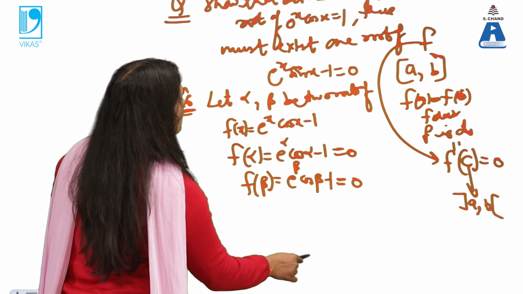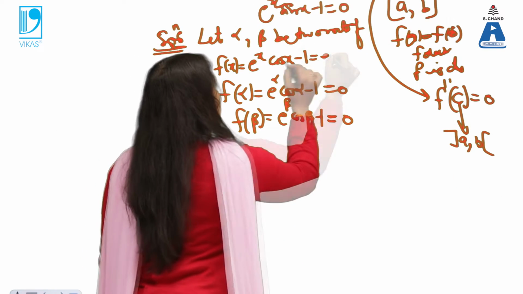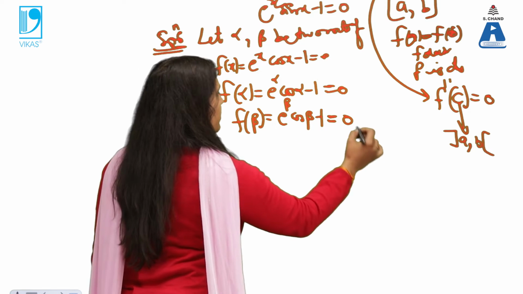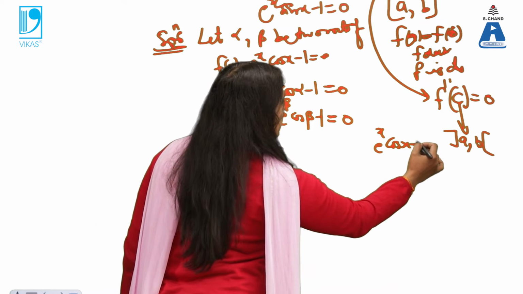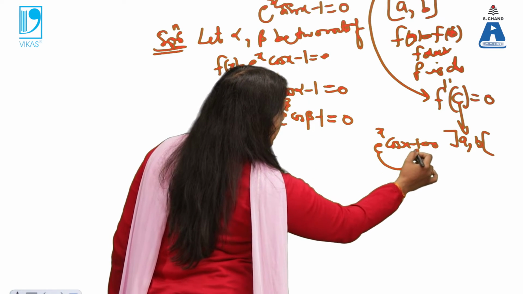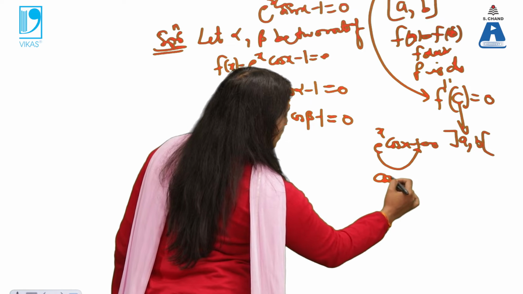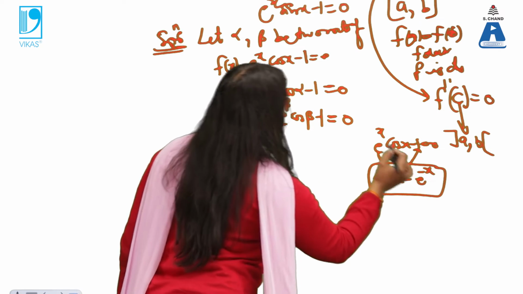we have considered the function e to the power x cos x minus 1. Again, I write this function in this form because my function is e to the power x cos x minus 1 equal to 0. What I'll do, I just take it to this side. So it will be cos x minus e to the power minus x. This will be the function, and